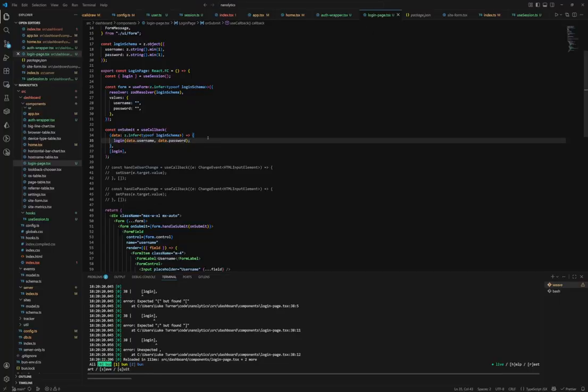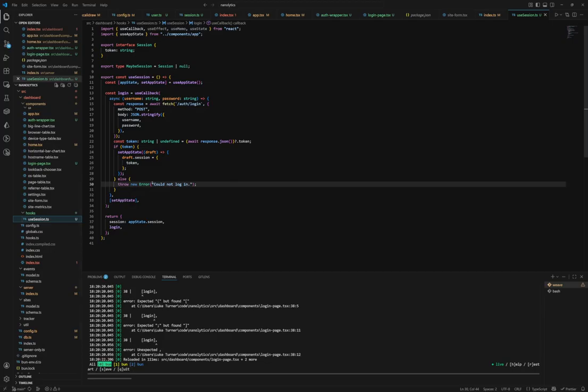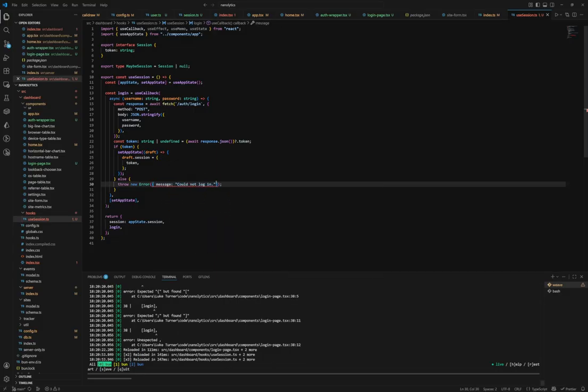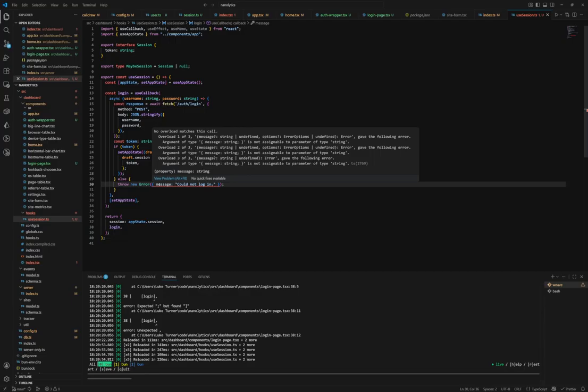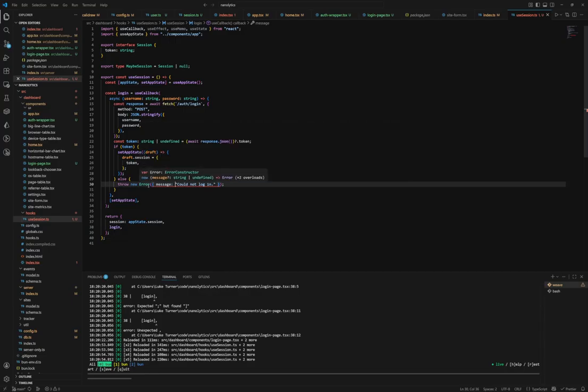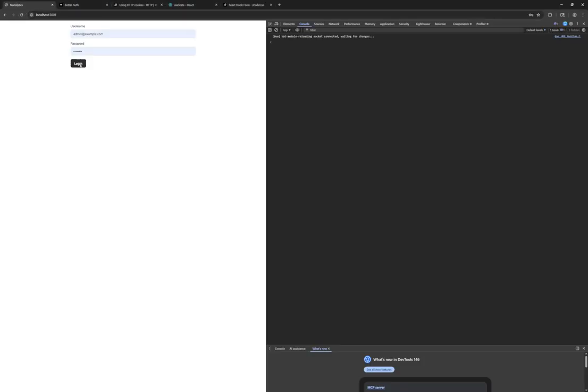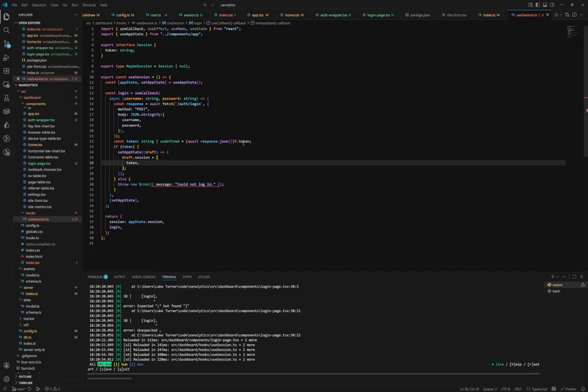What? Invalid. Oh, so is it expecting a message? Is it actually doing something, but then it doesn't like this because it's not a message? Message. Does this even make sense? I don't know if that makes sense. Where is this? Invalid login is not valid JSON. Oh, that's up here. Oh, I see. Okay, so